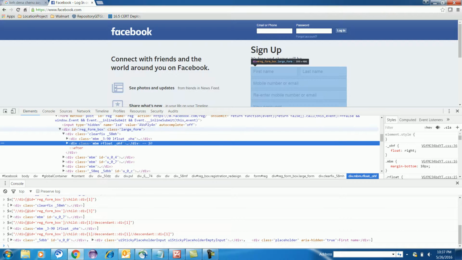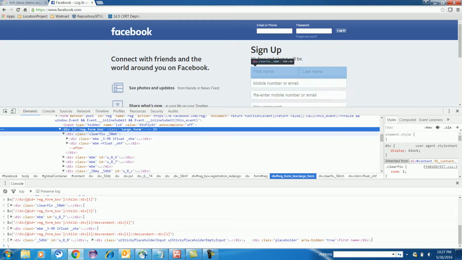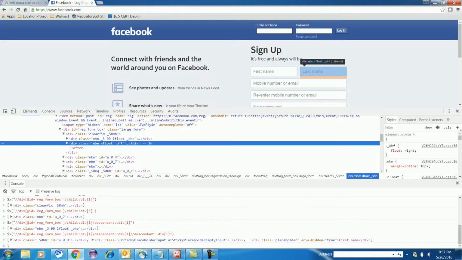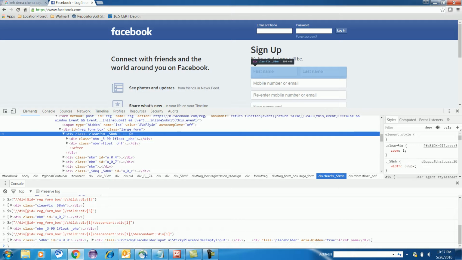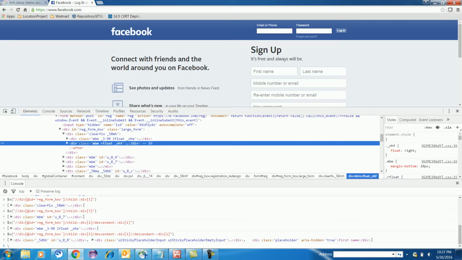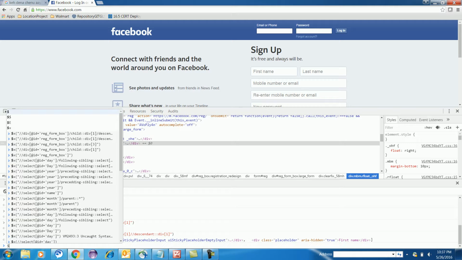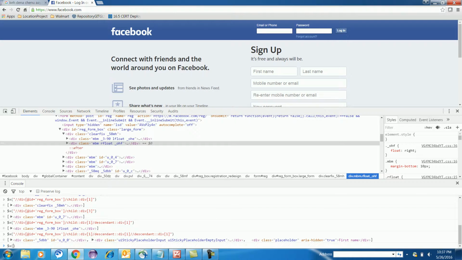So inside this registration form, if you go to the first child and then go to descendant div 2, this is descendant div 2. So this is first child, this is descendant div 2. If I take the same example, I can get this last element also. Or I will better write Control X and this is double quote, inside the double quote write slash div, and we can write at id is equal to